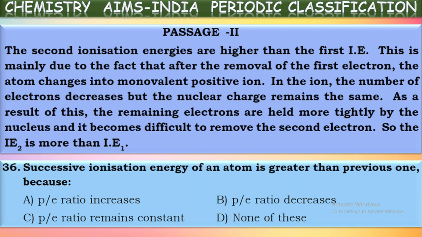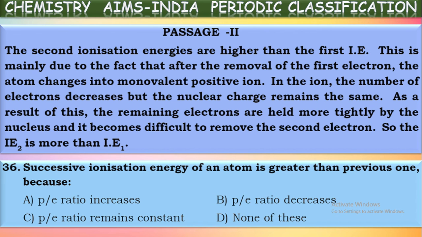Successive ionization energy of an atom is greater than the previous one. This is because the second ionization potential is always greater than IE1, the third IE is always greater than the second IP, the fourth IP is greater than that of the third IP, and so on. Why is it so? What is happening? This is because